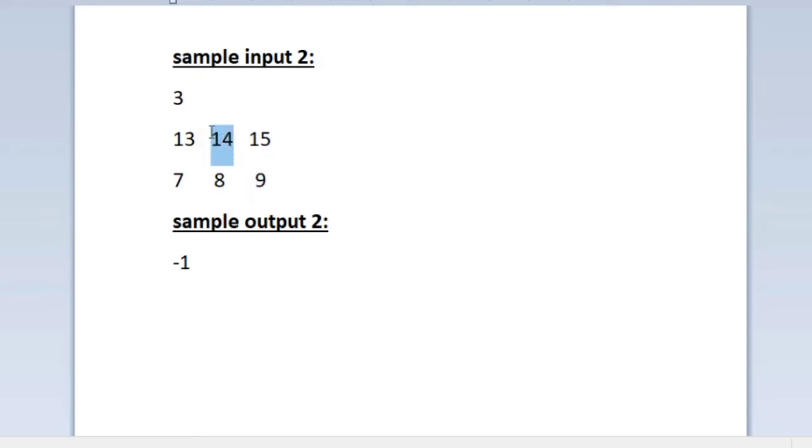And now let us check for 14. So 1 plus 4 is 5 and we also don't have 5 in ARR2. And for the last integer 15, 5 plus 1 is 6 and we don't have 6 in array 2. So none of the integers present in array 1 can be printed. So our output would be empty. In those cases we should print -1. So if we are not able to print any integer at all, then we should print -1 as our output.